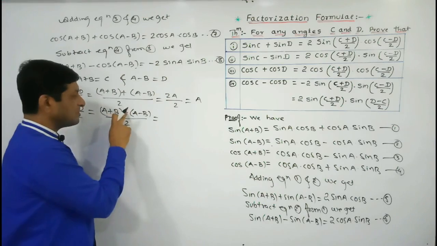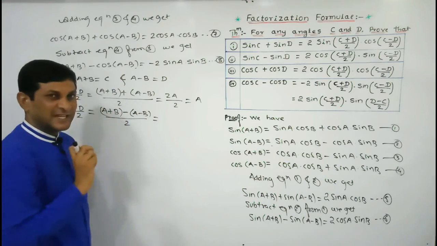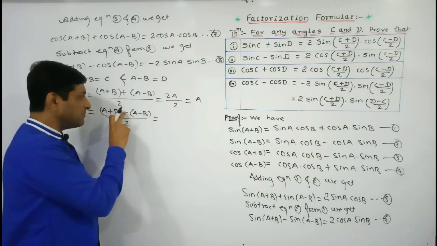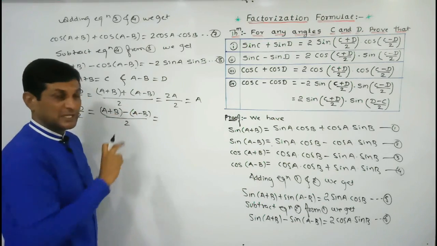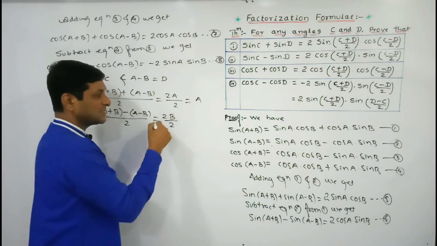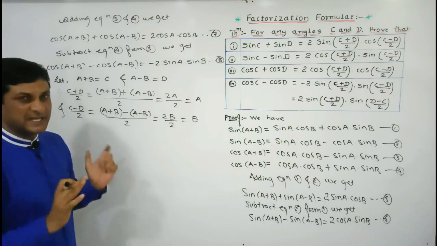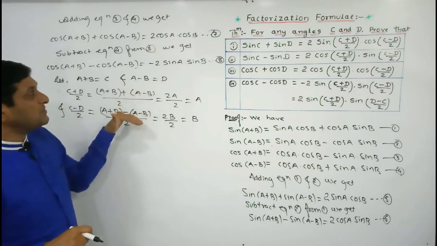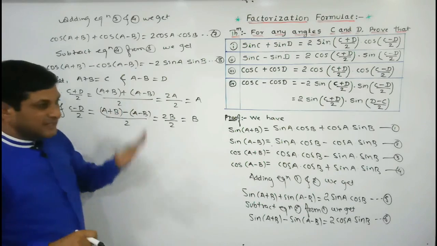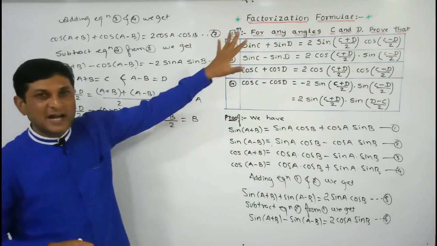Plus A and minus A will get cancelled. And B minus minus means plus B. B plus B will be equal to 2B. In the denominator 2, keep it as it is. After cancelling 2 from numerator and denominator, what we will get here? B. Now, if we are substituting these values in equations number 5, 6, 7 and 8, I think we will